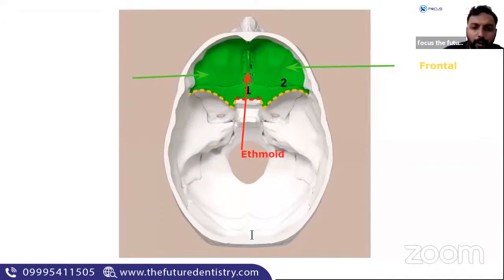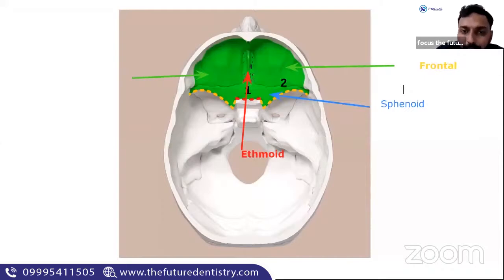That is part of your sphenoid bone. I'll just mark that part. So you have a part of the sphenoid bone. This blue colored part is the lesser wing of sphenoid. Somebody has written it as greater wing of sphenoid, but this is the lesser wing of sphenoid. The other part is the greater wing of sphenoid. We will see that later. So you have the frontal, the ethmoid, and the sphenoid bone.